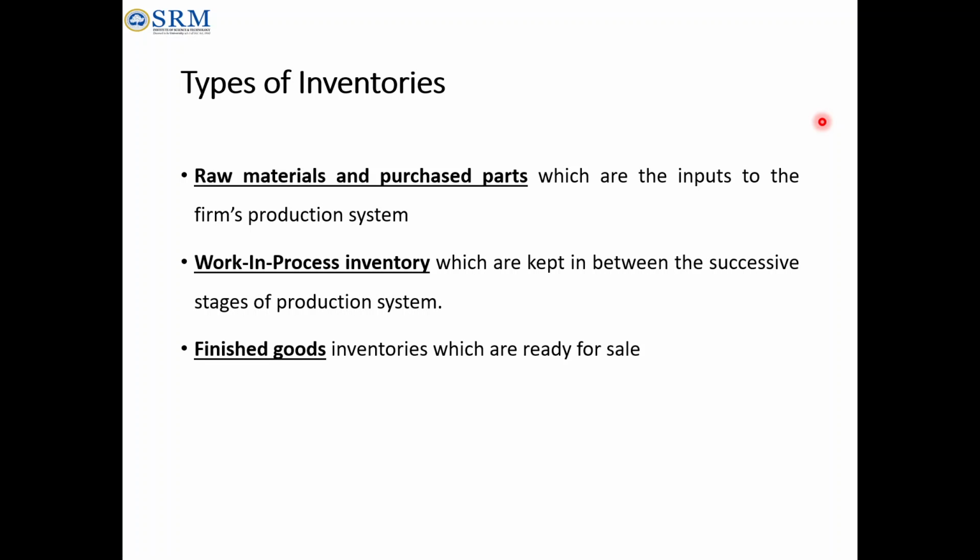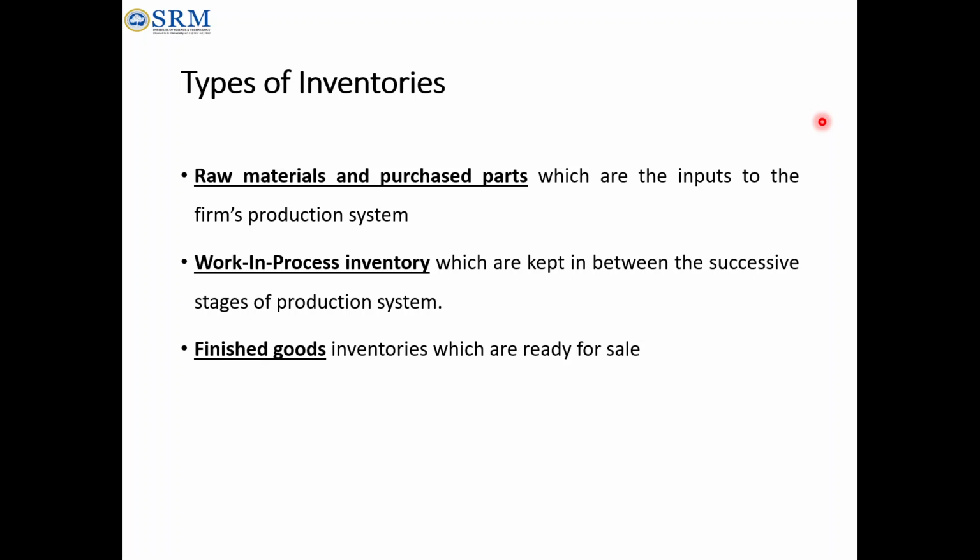So raw materials and purchased parts, which are the inputs to the firm's production system. Then work in process inventory is all about inside the production system. It may be between the inspection system, or it may be between the machineries, or it may be in between the testing center. So in multiple ways the components will be there,